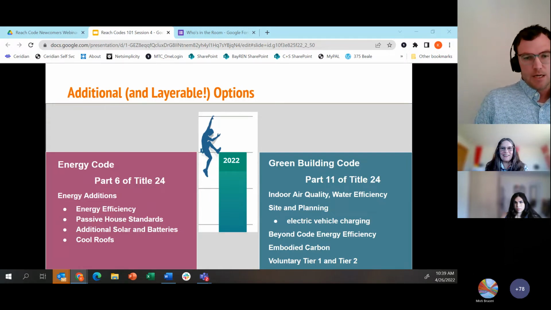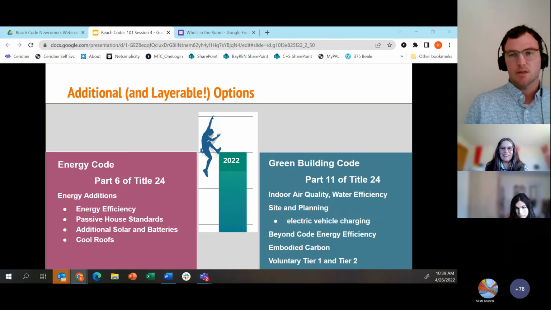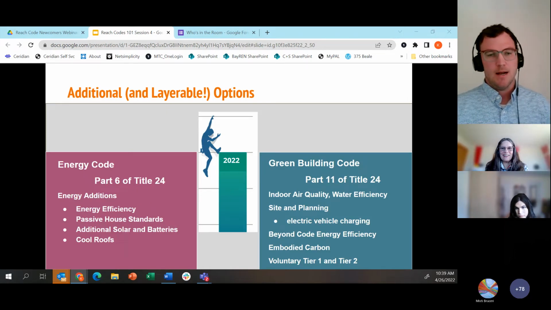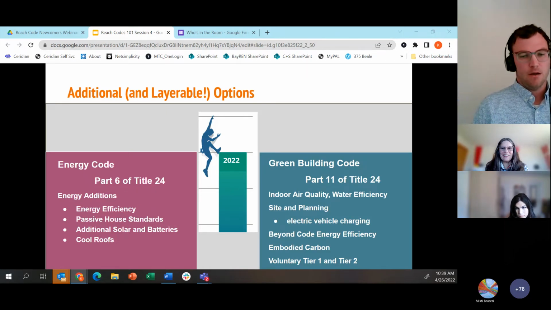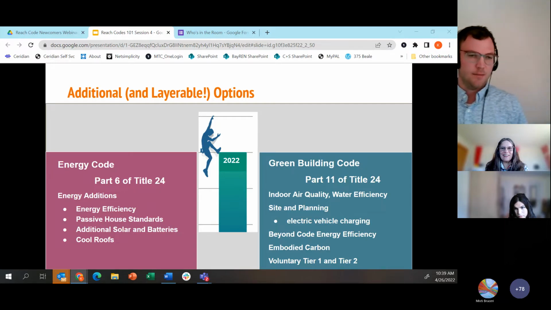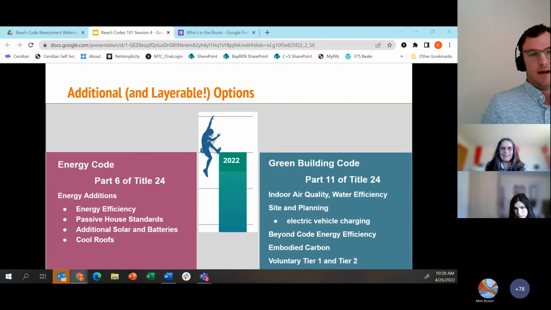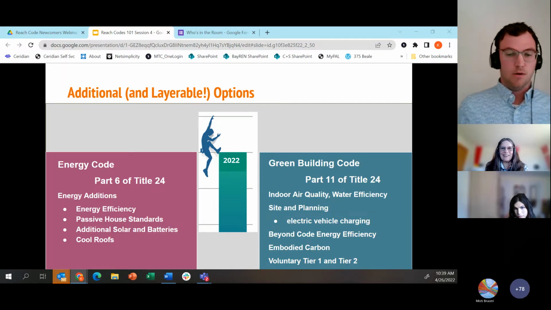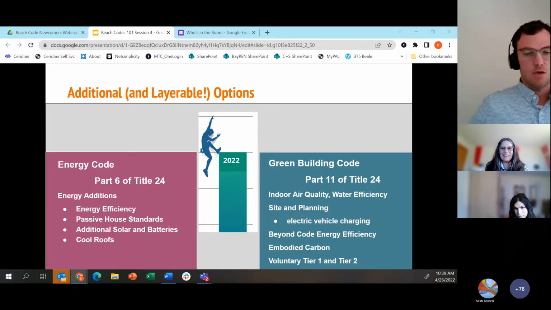And so to bring it back to what I was discussing previously, the codes themselves and what is included in the code can serve as a basis for, let's say, the menu of options that are available to local jurisdictions.